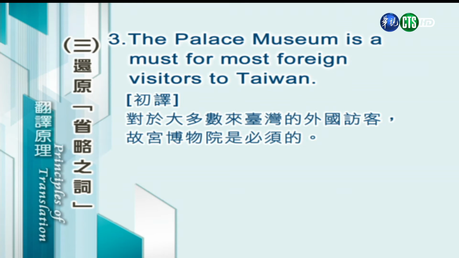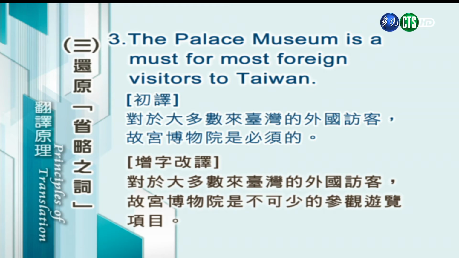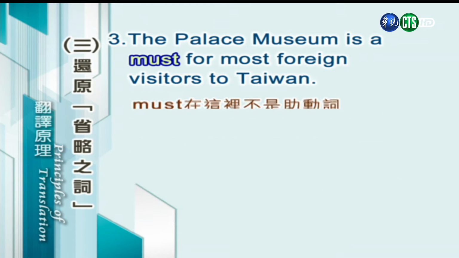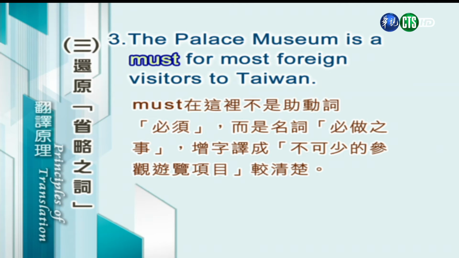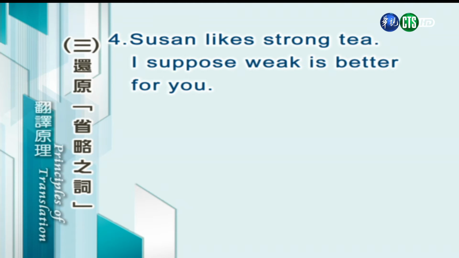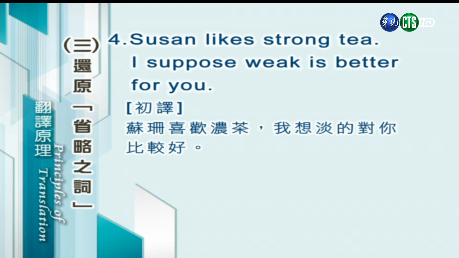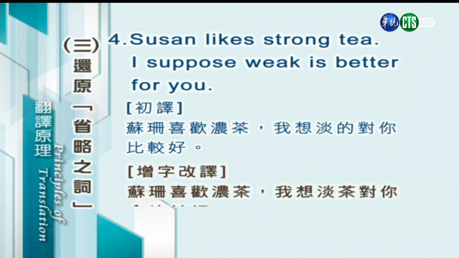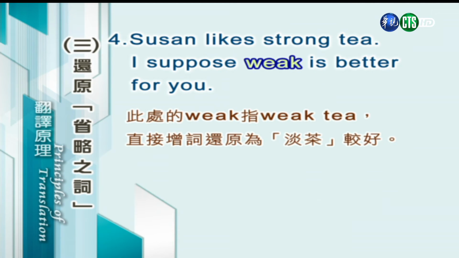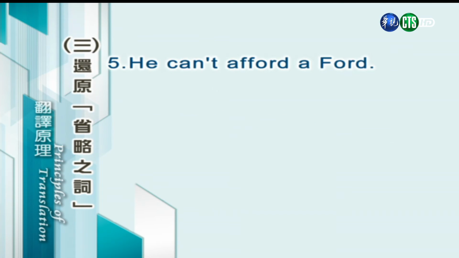The Palace Museum is a must for most foreign visitors to Taiwan. 字面上翻一下，对于大多数来台湾的外国访客，故宫博物院是必须的。听不清楚，增字改译。对于大多数来台湾的外国访客，故宫博物院是不可少的参观游览项目。must 在这里不是助动词，它是一个名词，必须做的事情。那么增字译成不可少的参观游览项目会比较清楚。Susan likes strong tea. I suppose weak is better for you. 字面上翻，苏珊喜欢浓茶，我想淡的对你比较好。我们加几个字比较清楚。苏珊喜欢浓茶，我想淡茶对你会比较好。这个 weak 是指 weak tea，你增加几个字淡茶就看起来比较顺了。